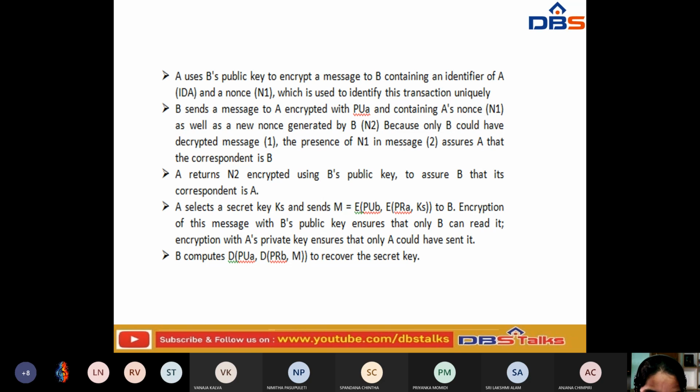If B computes the D of PUF, then as we have already said, it is going to decrypt that data. So B is going to compute that data to recover that secret key, and A is going to use that secret key.